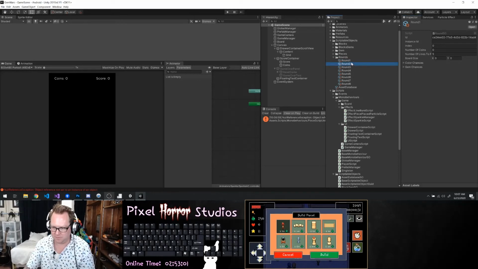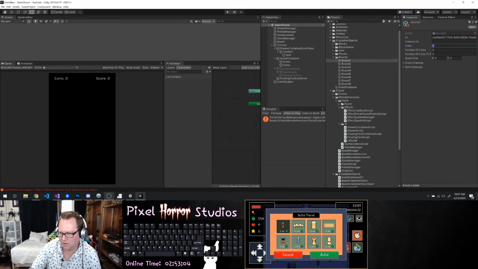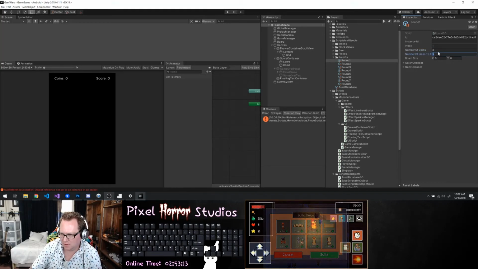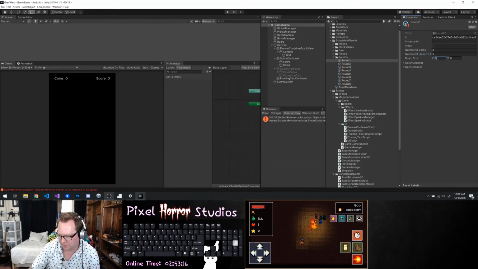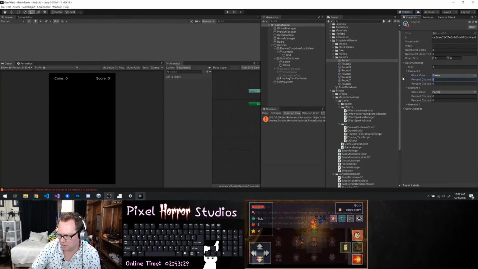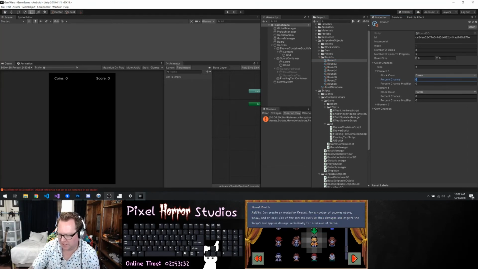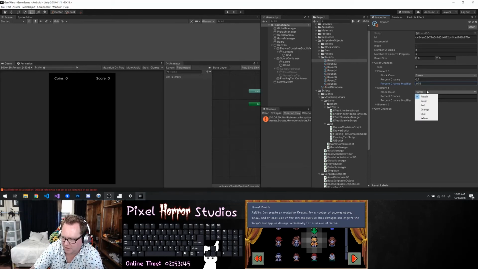So in my round 1, you're going to get 2 coins. And you need to make 5 lines, and your board size will be 6 by 6. Your color chances will be only green, which will give you a percent chance of 0.7 with a modifier of 0.075, and